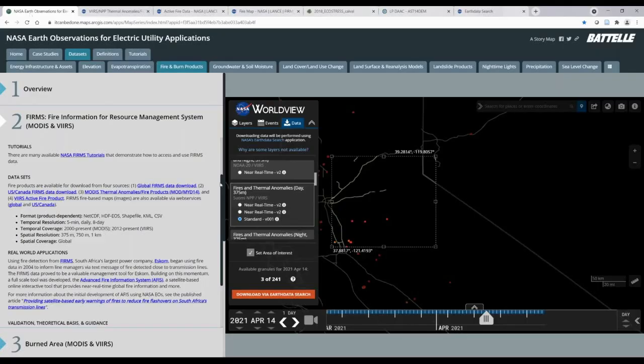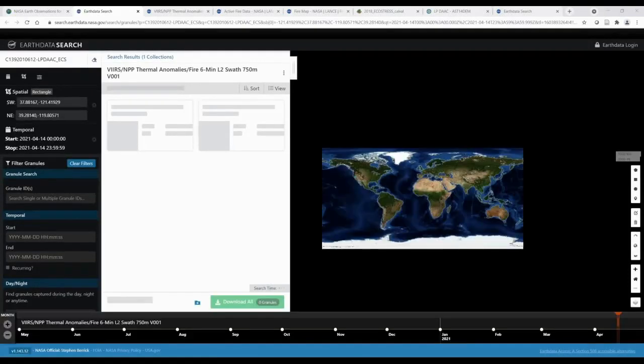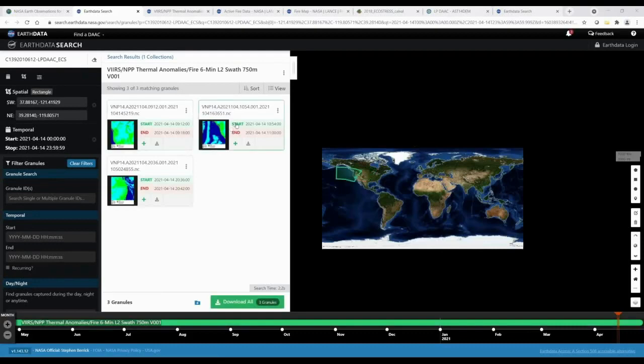Back in the story map, once you have selected your desired date, your area of interest, and your data set, you click Download via Earthdata Search in order to access the data files for that product. This will open Earthdata and show the available data for the product, date, and area of interest that you selected. Similarly to what we showed before, from here you can sort and select the data that you wish to download. Going back to the story map,